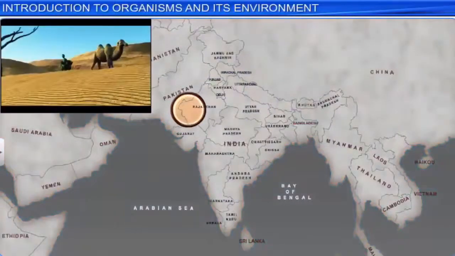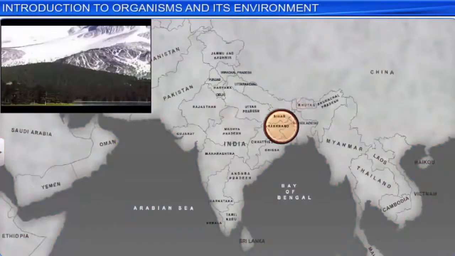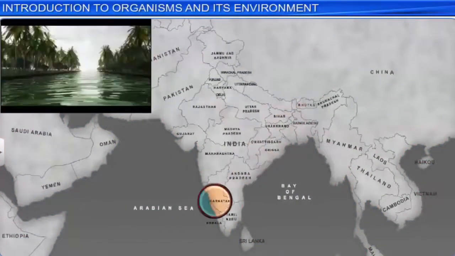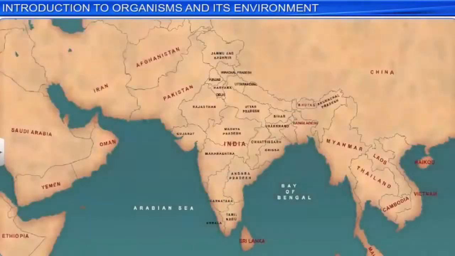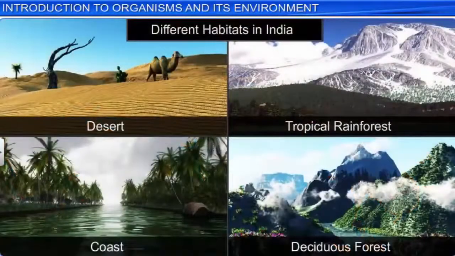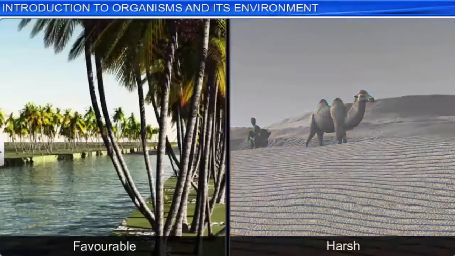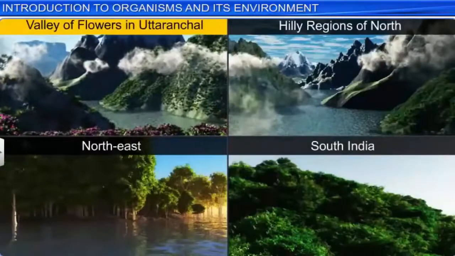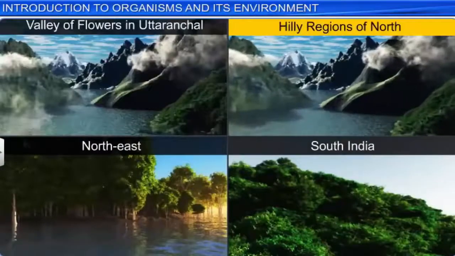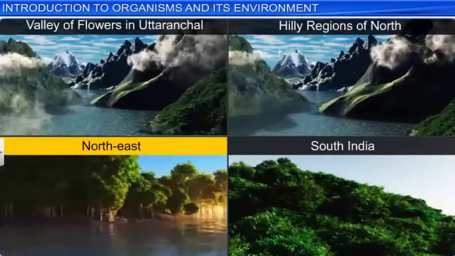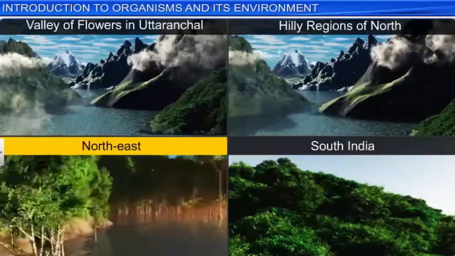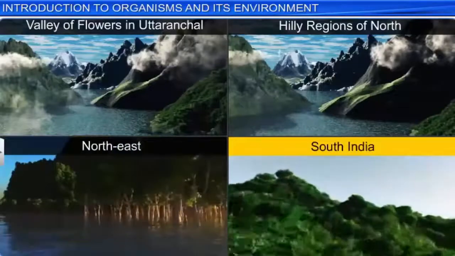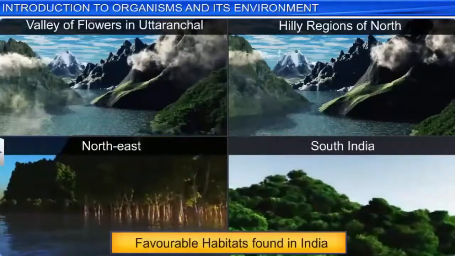Apart from climatic changes, each biome is also affected by local and regional variations, which have resulted in the formation of a wide range of habitats. Some of these habitats are favorable, while others are harsh. The Valley of Flowers in Uttaranchal and the hilly regions of North, Northeast, and South India are some favorable habitats found in India,